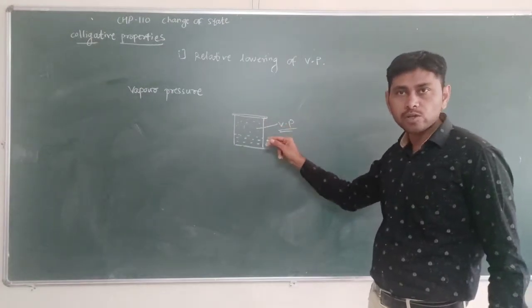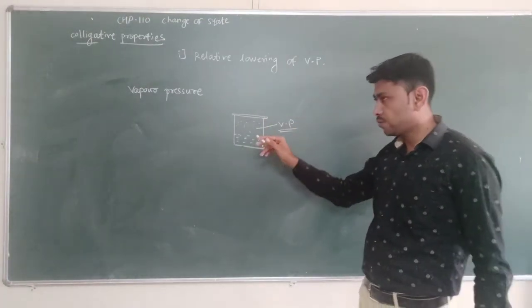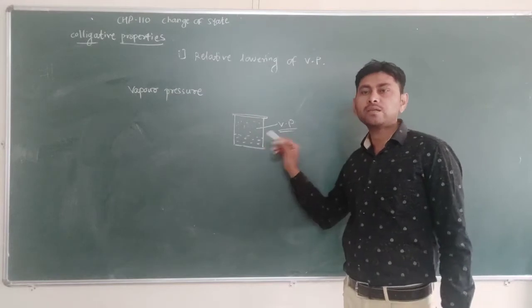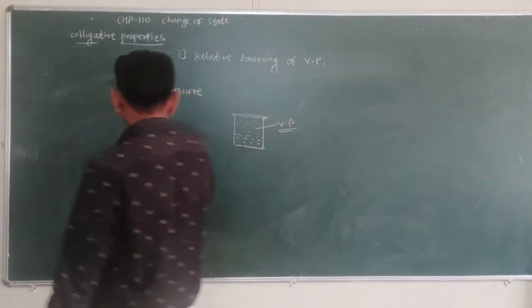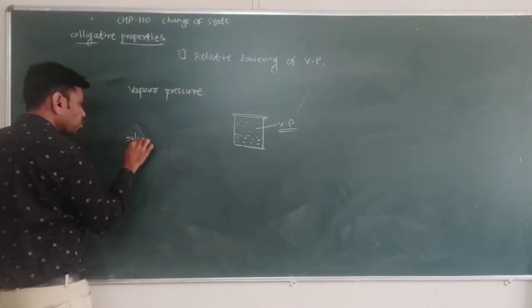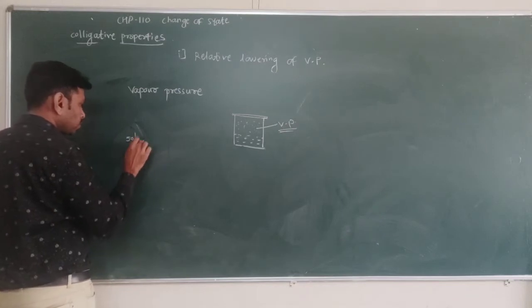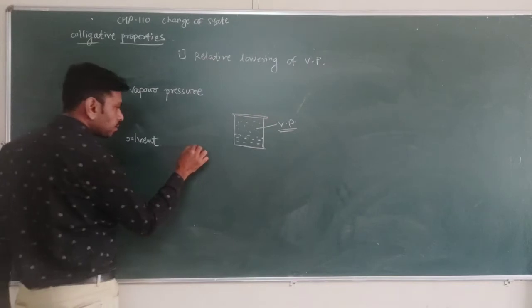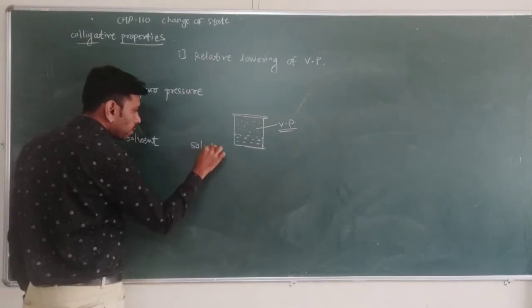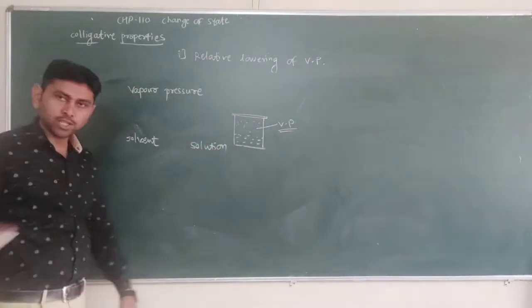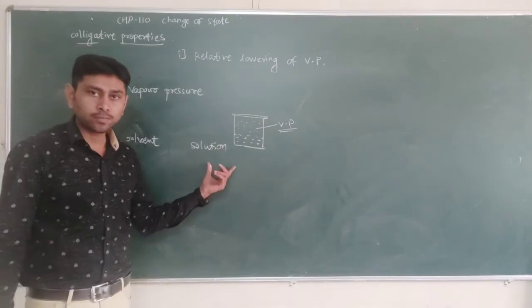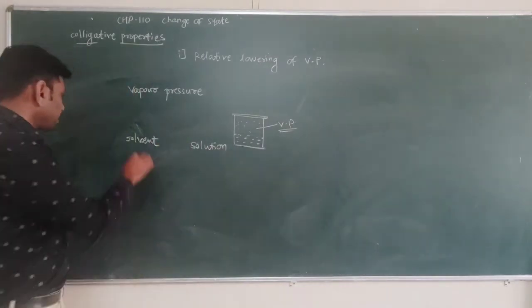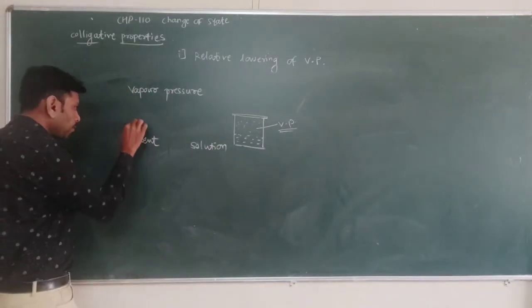So here, vapor pressure of solvent. If we have taken pure solvent, then it's the vapor pressure of solvent. When we add solute into the solvent, there is a formation of solution. After addition of solute, there is a formation of solution. But here, the vapor pressure of solvent